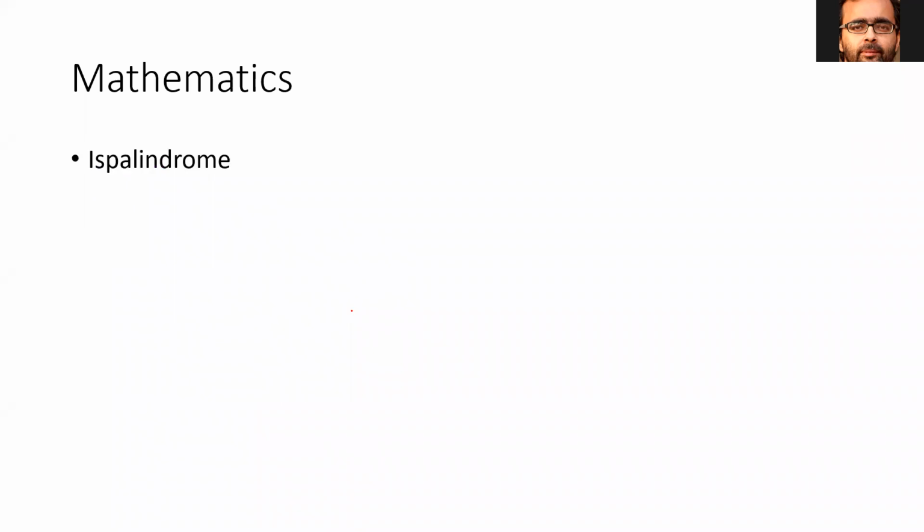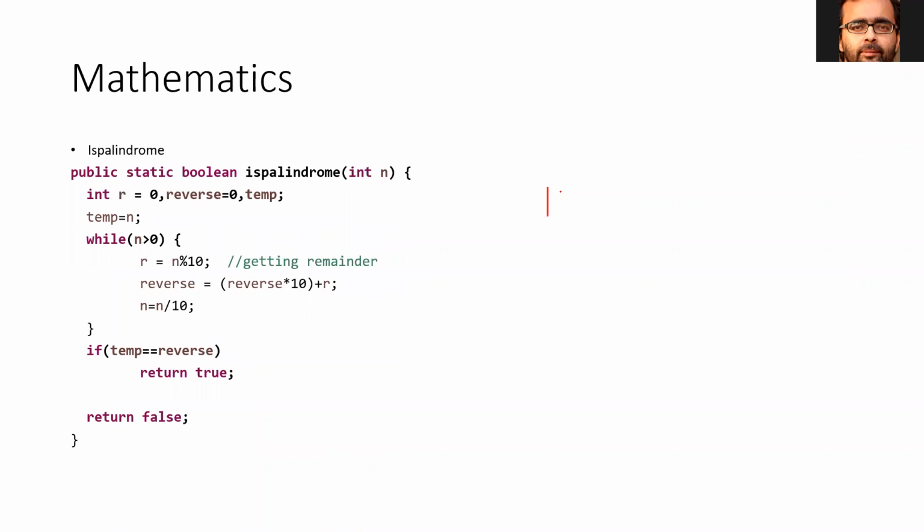Then checking for a palindrome. Palindrome is a property, for example, 1 2 3 2 1. This number is a palindrome because if you reverse the number, you will get the same thing, 1 2 3 2 1, right? So this is a palindrome. This is a very interesting question asked in exams. We will see more detail when we deal with strings, right? This question is asked more in the strings part. If you're given ABC, and they ask you whether it is a palindrome or not, we'll see that. But this number example is also very interesting, and I implemented the code which does this job.